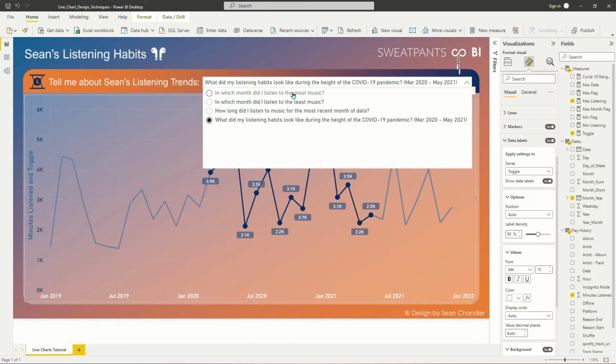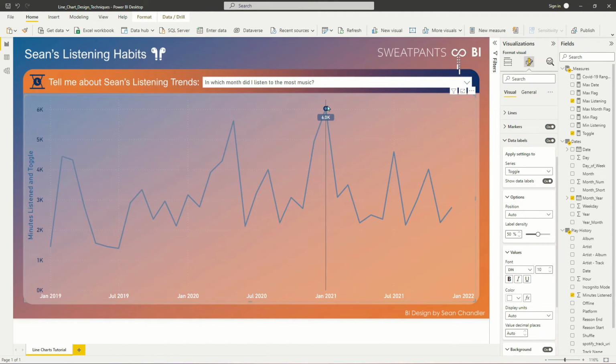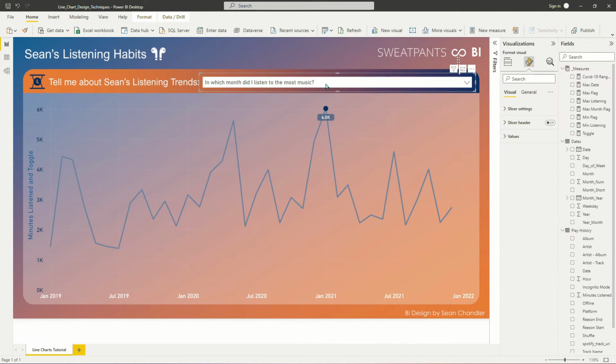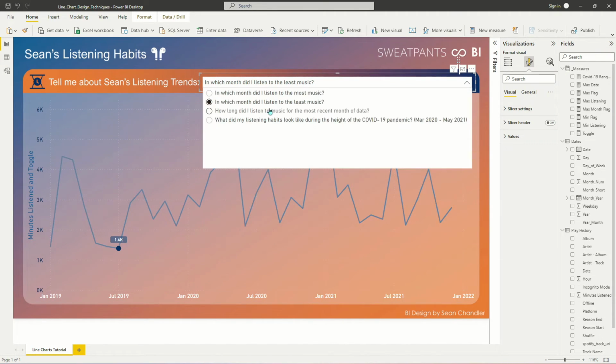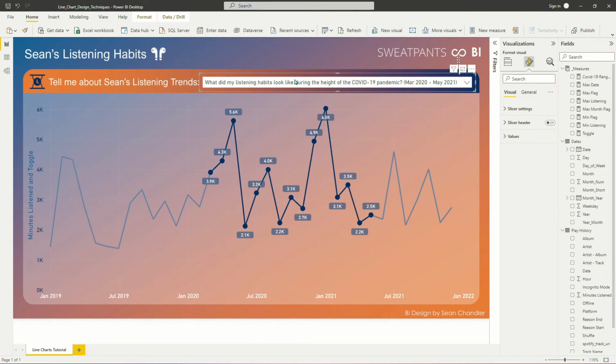all those data labels on so that you can see, if I'm asking in which month did I listen to the most music, there's my new data point and data label. If I change it to in which month did I listen to the least music, there's my new data point and data label. And we have a dynamic line chart